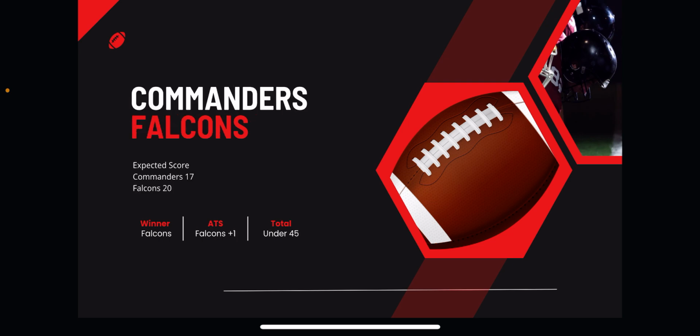Commanders, Falcons, again, the other team here that we saw with the backup last week coming in, going to play the Falcons. This is assuming that Mariota is playing. Right now we have Commanders 17, Falcons 20. Again, just kind of expecting a little bit of a regression from that Commanders team, just due to the quarterback play, and just kind of taking a step back in this second game.